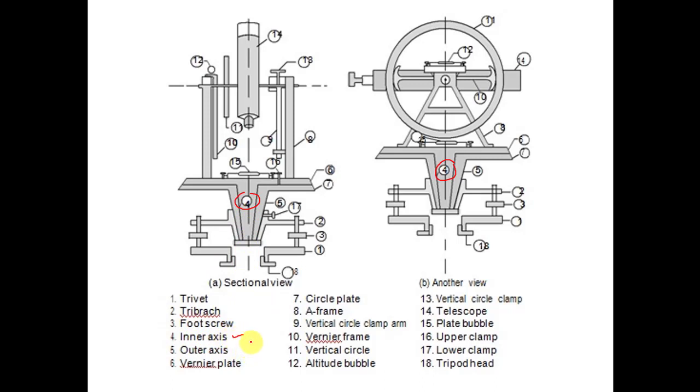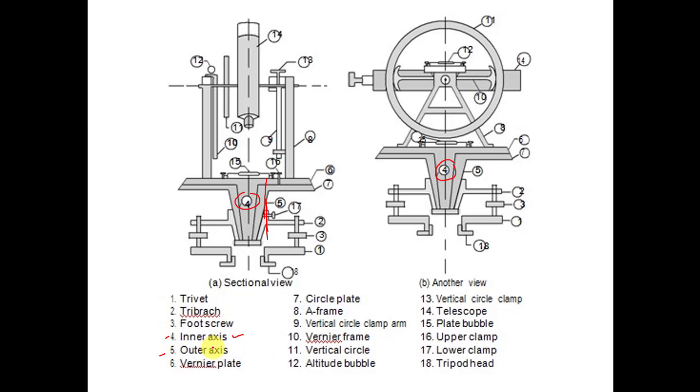Okay, inner axis. And if I show you the fifth point, this fifth point is related to your outer axis, the outer line. Okay, so these two lines, inner axis as well as outer axis, must be parallel to each other. If these two lines are parallel to each other, then we can say the construction by the company who built the theodolite is okay for working condition.